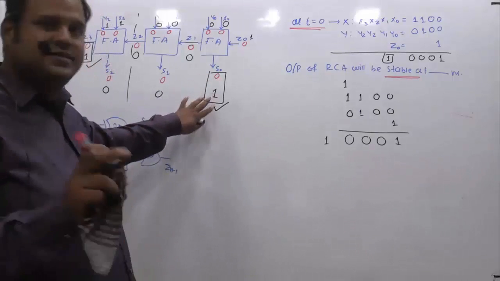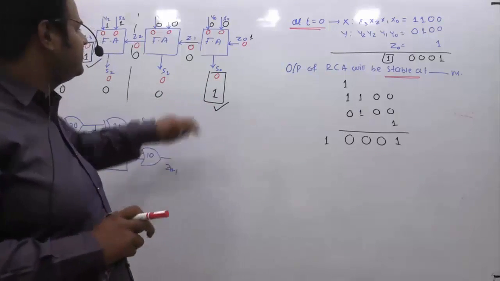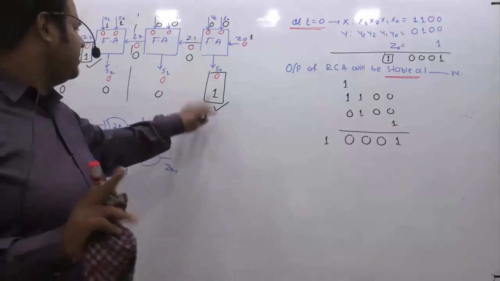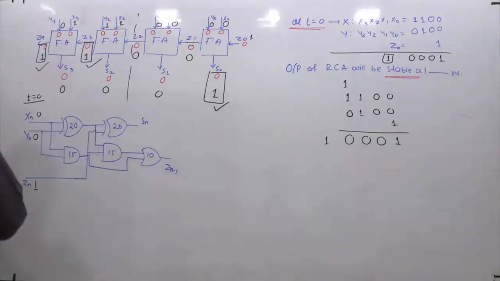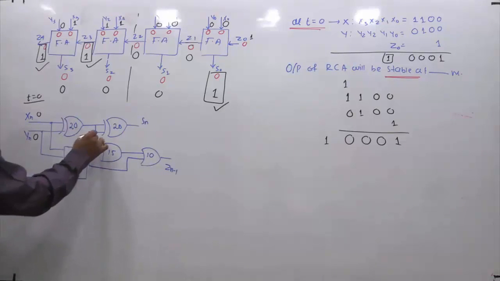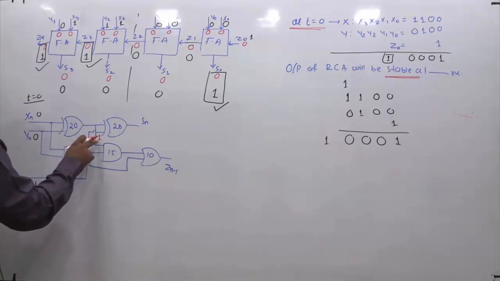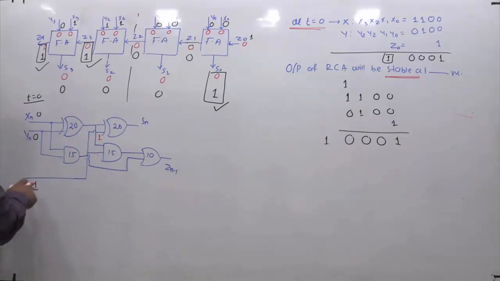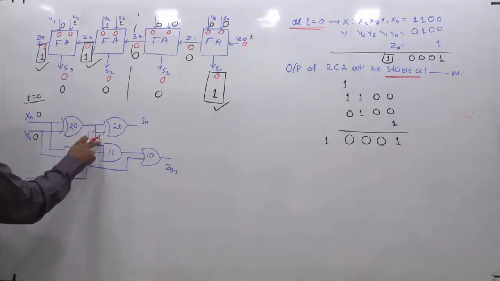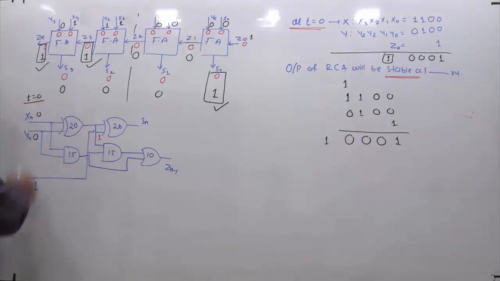If I am getting it, I will say okay, the corresponding stable state of S0 I have achieved. So I will check now. See, if 0, 0, 1 is given, see here in what way it is going to influence. So this one is coming to here. So you got this one. At what time did you get this one? You got this one at t equal to 0 itself. Why? Because you are giving the input at t equal to 0.